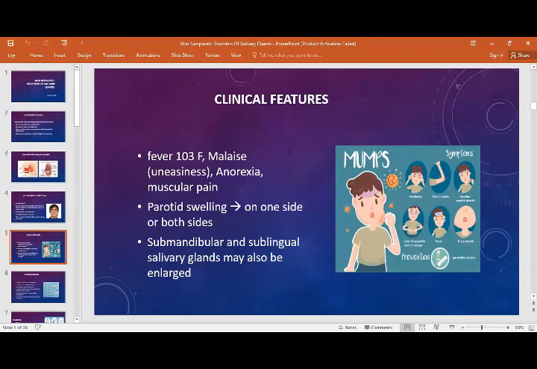the symptoms are viral, as you must know nowadays due to coronavirus. All viruses mostly have some viremia or similar features. That is high-grade fever around 103 degrees Fahrenheit, body aches, anorexia, muscular pain. But the most prominent sign is parotid swelling, either unilateral or bilateral. Most of the time parotid glands are involved, but sometimes the submandibular as well as the sublingual gland can be enlarged